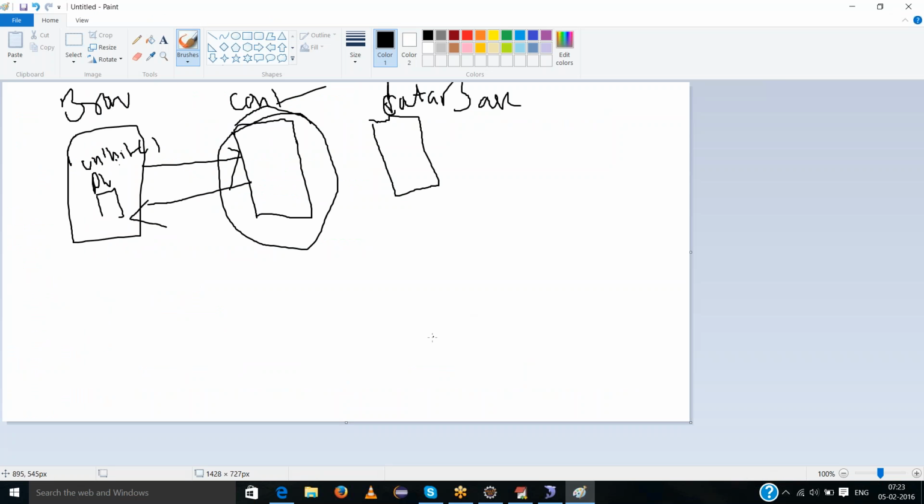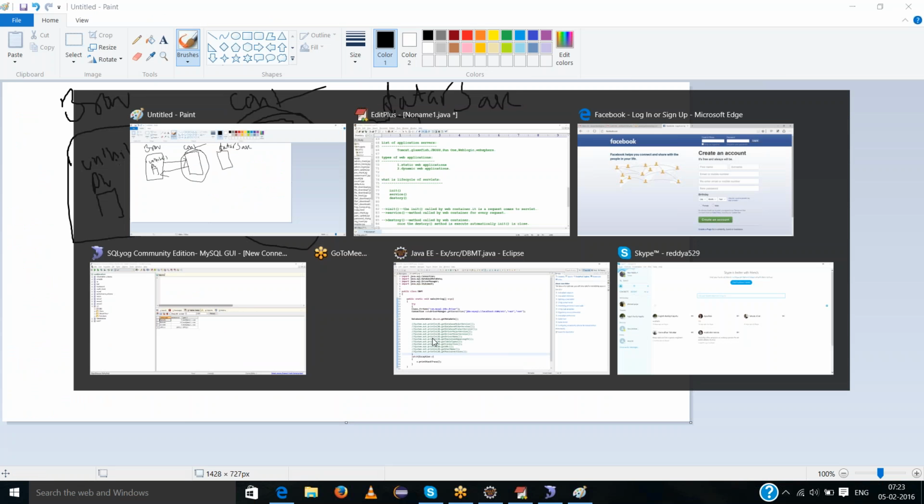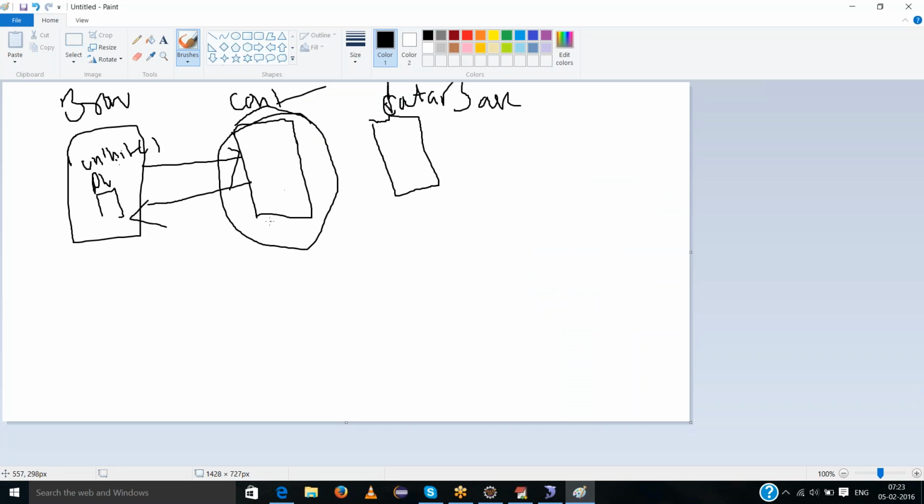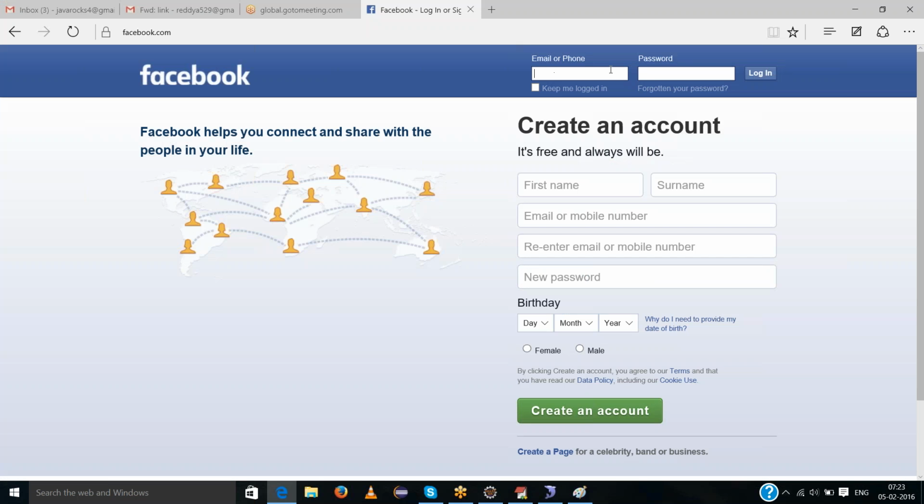For example, a user signs up and logs in, and it is initialized. After the login button, the request goes to the Facebook container, like a servlet container. Once you log out, the destroy method is over. Automatically the init method parameters, username and password, are not working. Is it clear? Once the destroy method executes, the init method will not work. Here username and password is the init method.